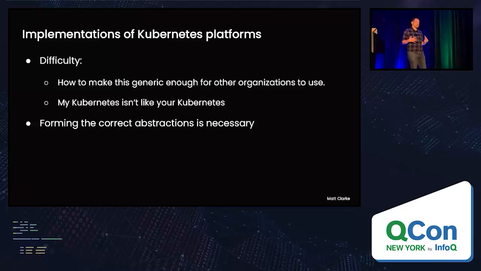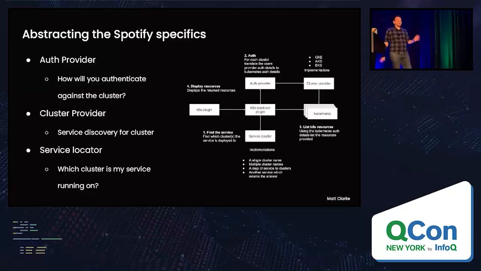And so if I just shipped a Spotify Kubernetes plugin, I would basically be saying, if you do everything like us, then you can use this, and if you don't, tough. But I didn't want to say that, so we thought about what way we would form the correct abstractions so that everyone could use this, and it didn't matter what cloud you were on, it didn't matter what IAM policy you were using. So this diagram is from the original